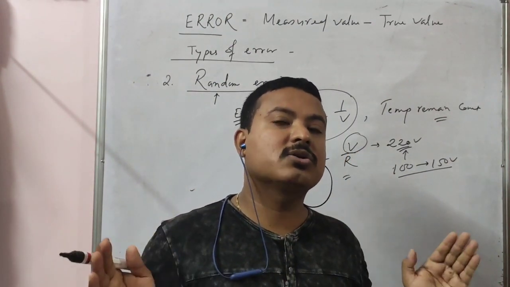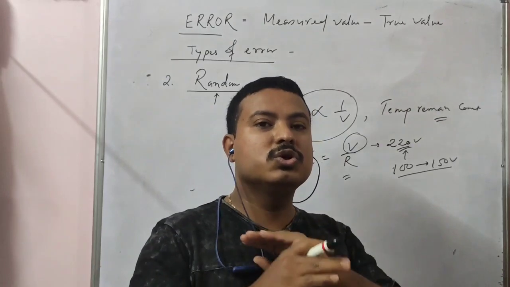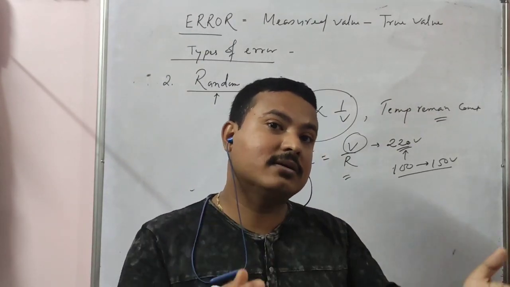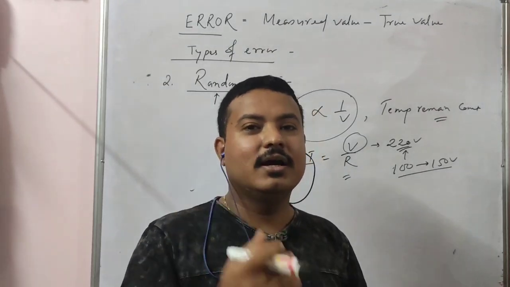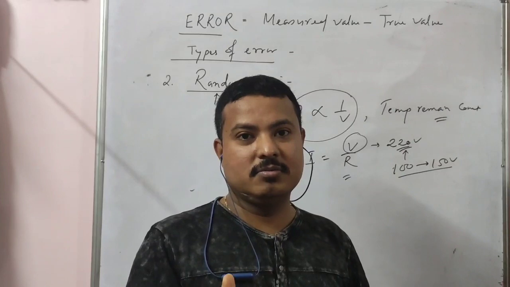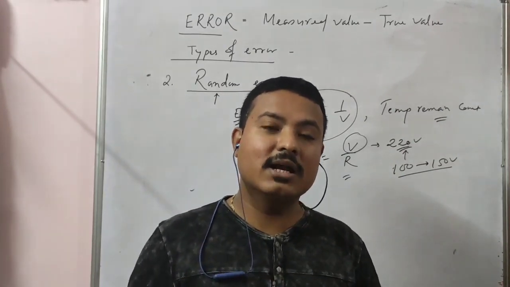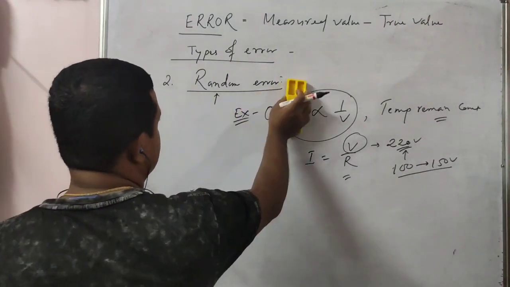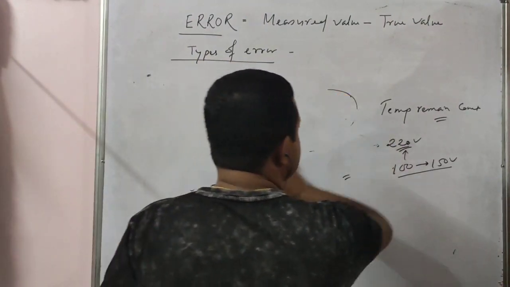So that type of error is called random error. It means we do not have any information about the error. We cannot predict what type of error we may encounter. So that's why it is called random, or also called chance error, because there may be a chance of getting error or may not be a chance. So this is called random error. Then